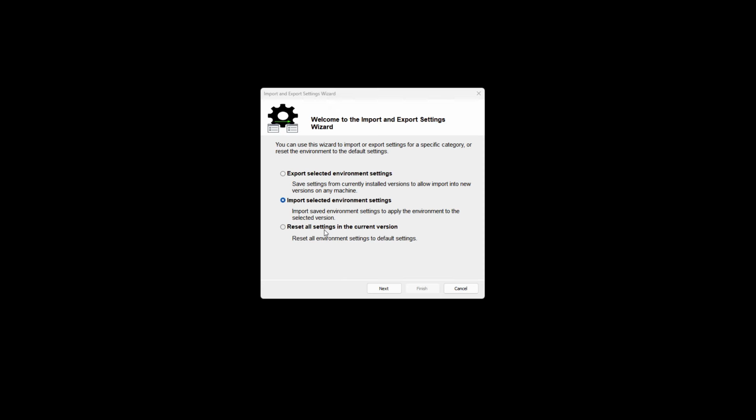You can also reset all the settings back to the default version. So if you're migrating certain settings and you may not want to use those, you can select the Reset All to reset your settings. This is a very handy tool to allow you to migrate from previous versions of IronCAD